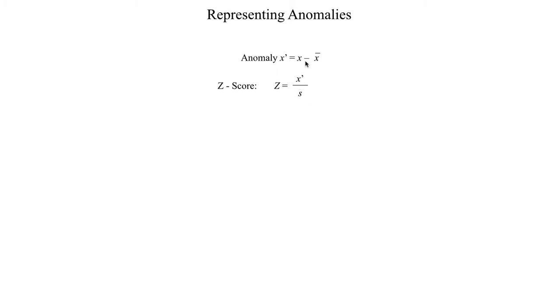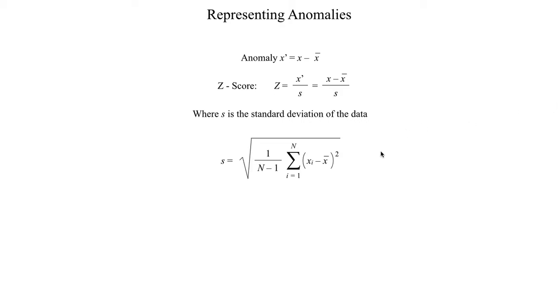And if we want to substitute in the value that we have up here, we can get that the z-score is just equal to that particular observation minus the mean of all the observations, divided by the standard deviation. And the standard deviation is represented by this lowercase s, and the mathematical definition for that is given by what looks like a very ugly equation, but it's really not that bad.